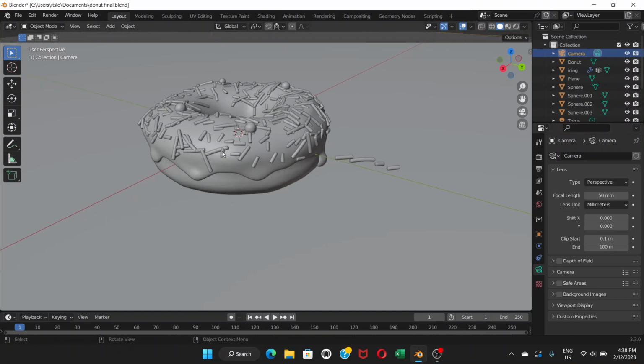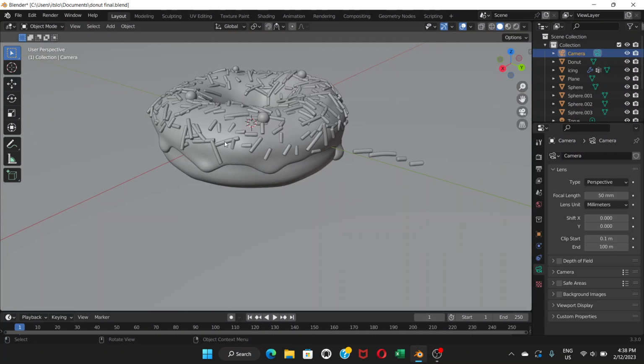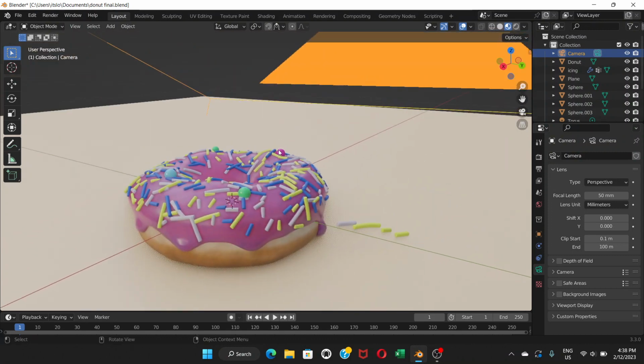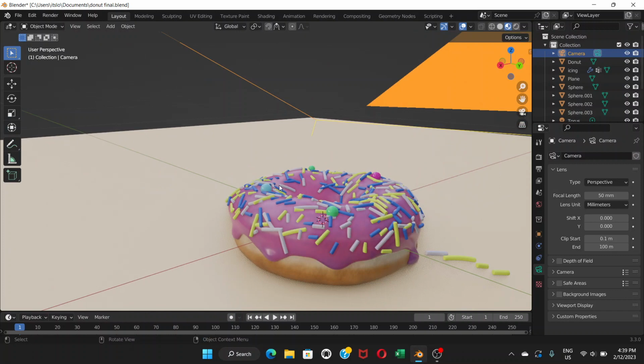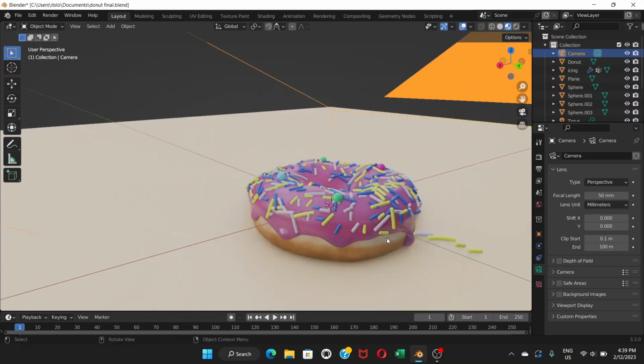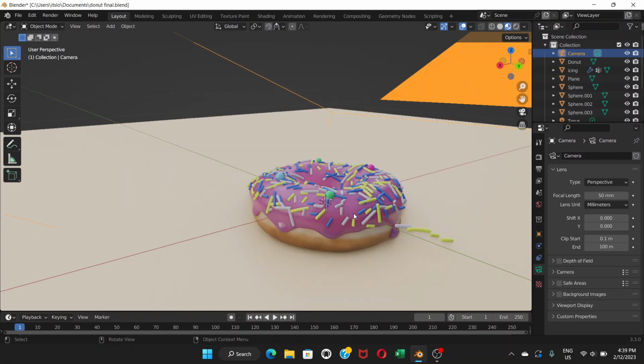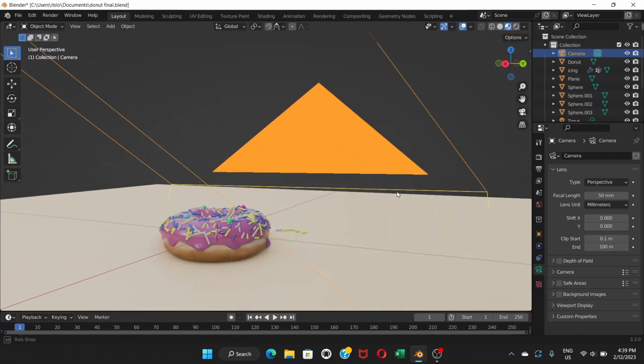Okay, so we have created this donut, beautiful donut. If you go to this material preview mode, we can see we have created this donut, beautiful donut. Okay, and if you want, you can just render this image and use this for anything you want, or you can go further